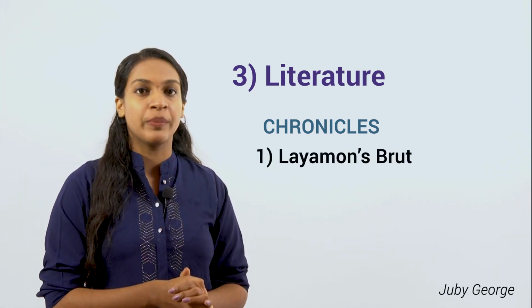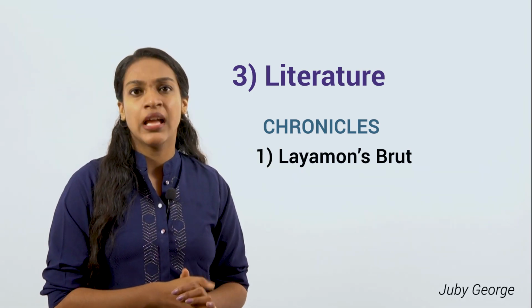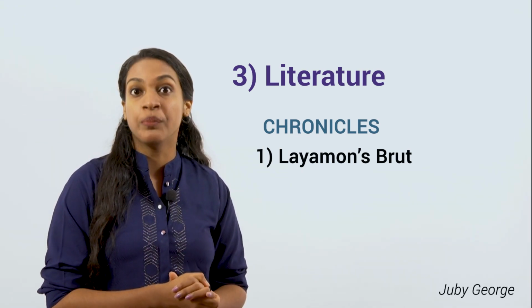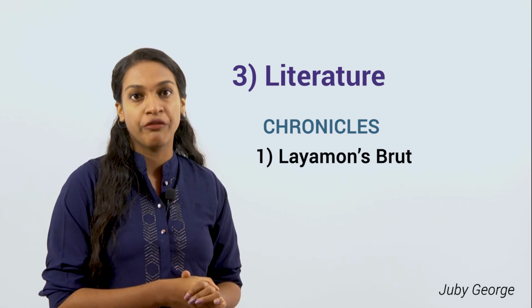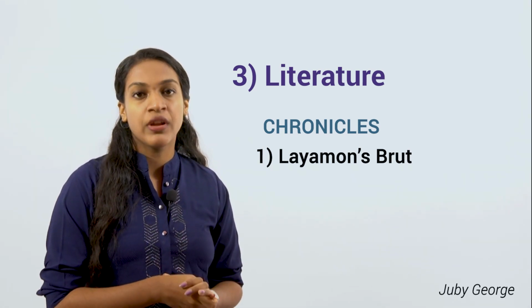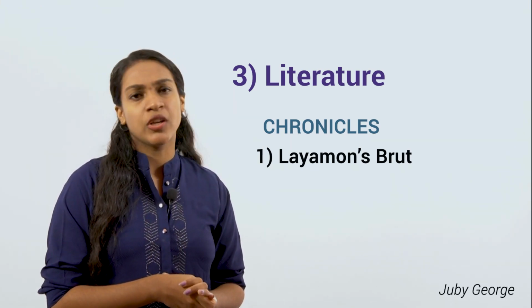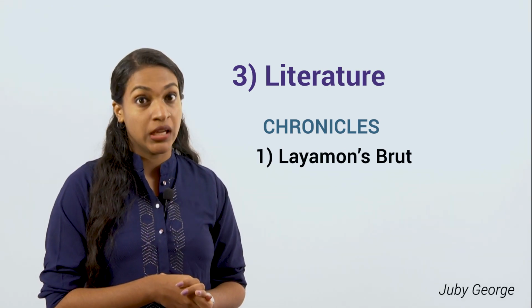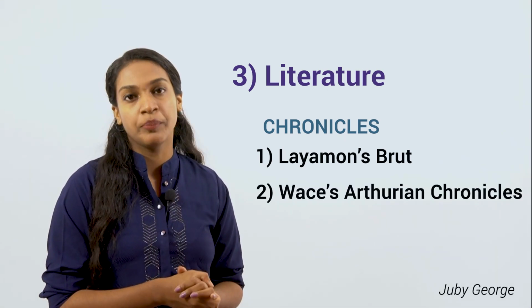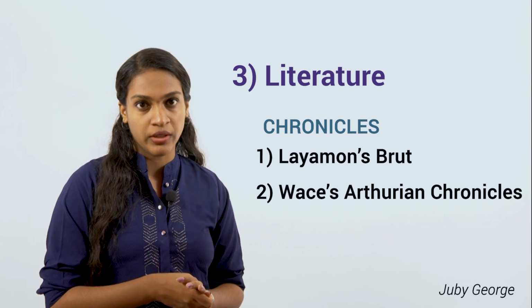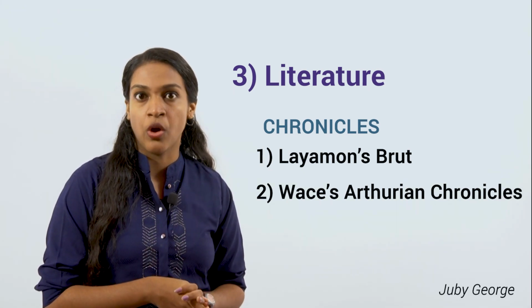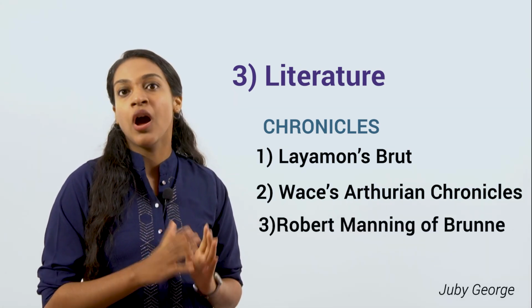which is a poem of about 16,000 lines, and it tells the story of Britain from the landing of Brutus to the death of Cadwallader. And also Wace's Arthurian Chronicles is another important work which comes under the Chronicles,